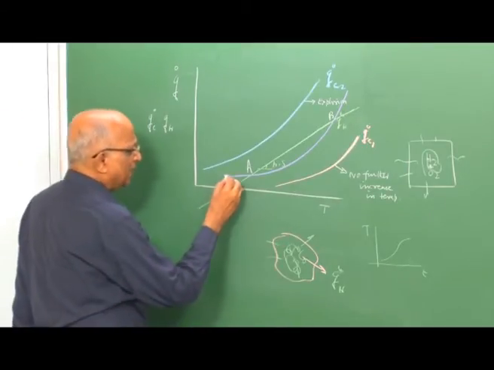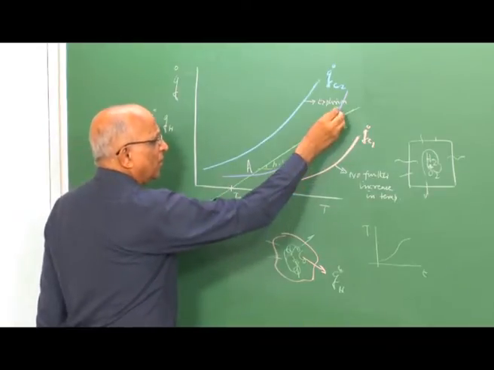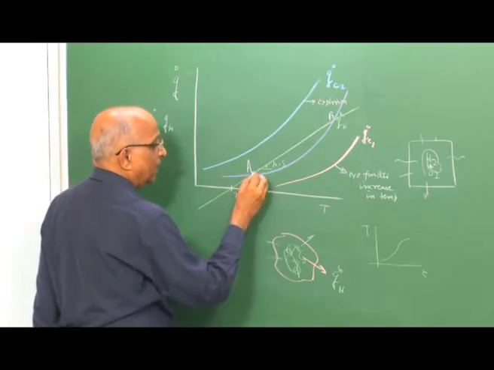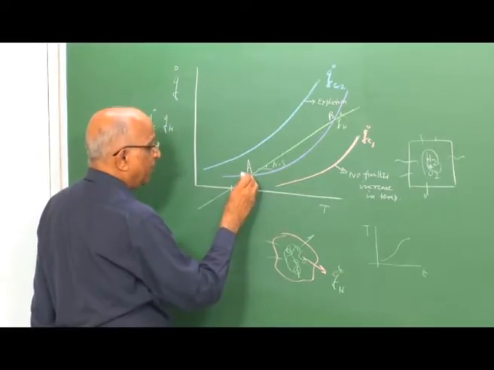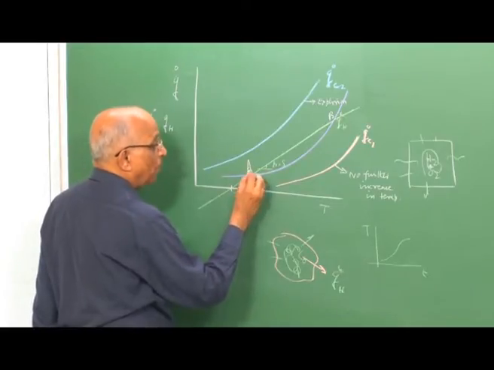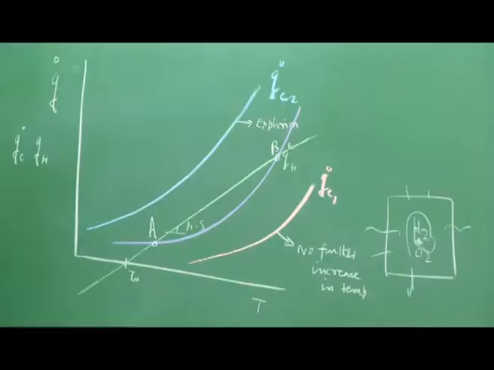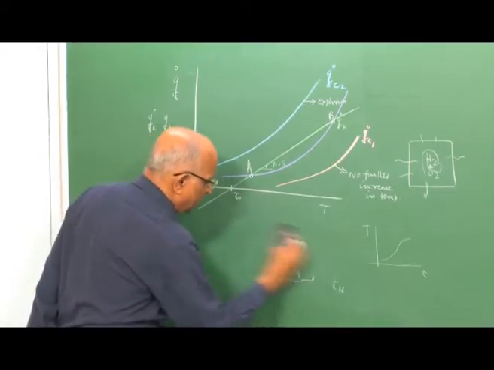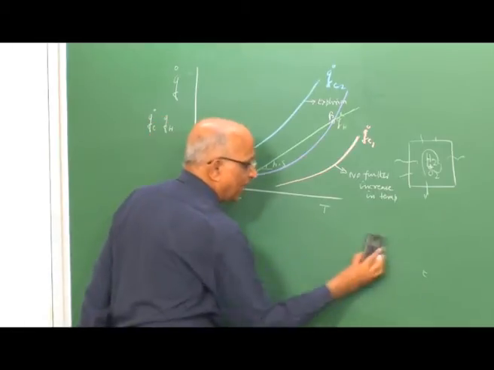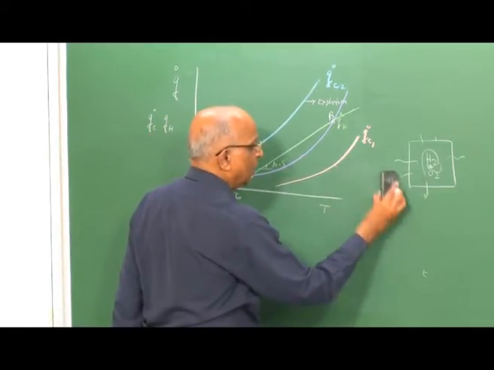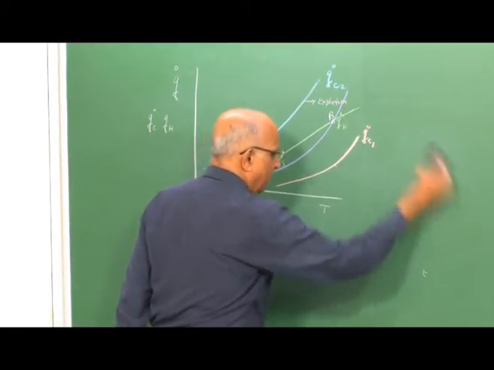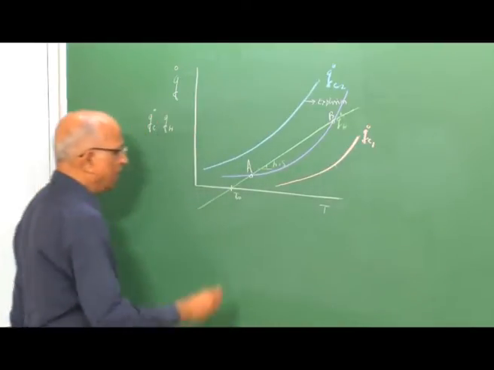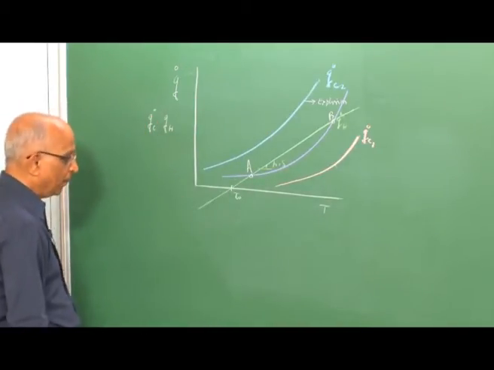But in general, it is also possible for given values of heat release that it can cut the heat transfer curve at 2 points, maybe point A and point B. Let us examine what these 2 points are like. Do they represent something meaningful, by which I can interpret these points? Let us start with point A.